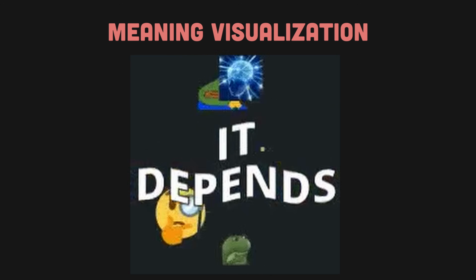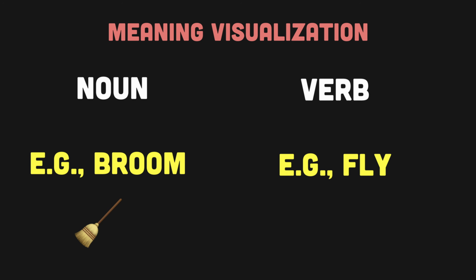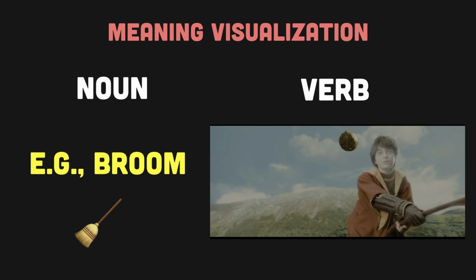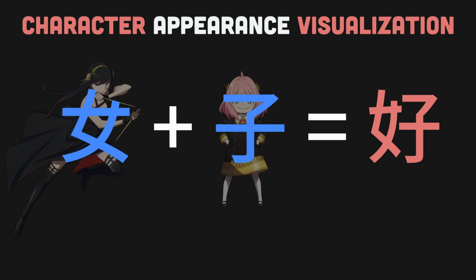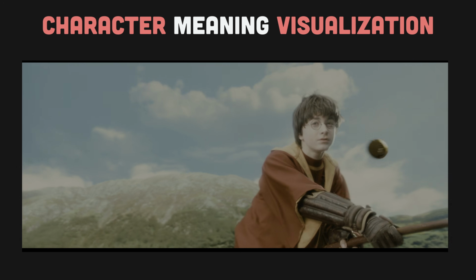barn. How we visualize the meaning will depend on what the meaning is. If the meaning is a noun, we can just include that within our visualized scene. And if the meaning is a verb, we can picture the objects within our scene doing that verb. Now that we know how to represent all aspects of a character visually within a memory palace scene, let's do